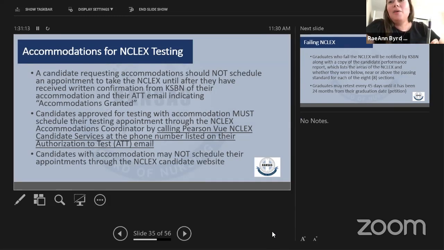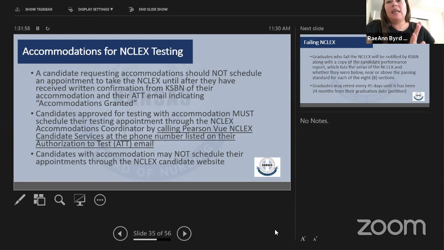That's okay. The accommodations are something where, if a student is requesting this, there is some documentation listed on our website that they will have to provide. Once we get the background check results, we have to send that documentation and the application over to our legal department so that they can be reviewed, and either they get their accommodations or we figure out if they're going to be able to get that. Once the application comes back, we will go into Pearson VUE and set their accommodations once we make them eligible to test.